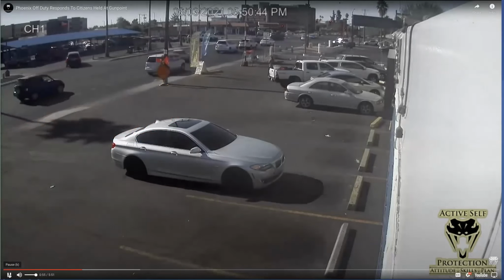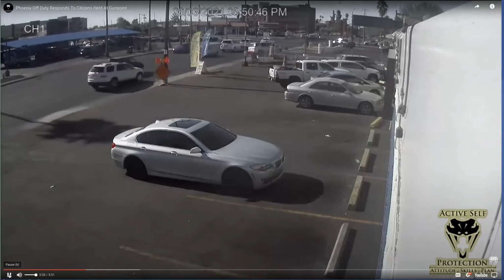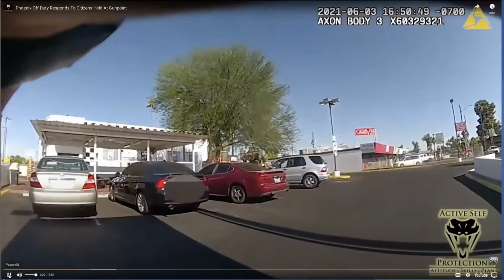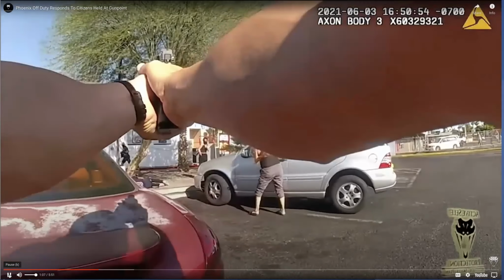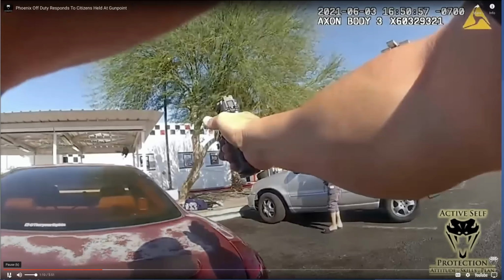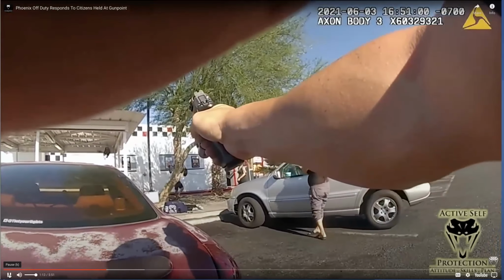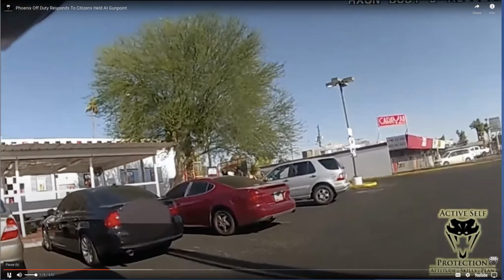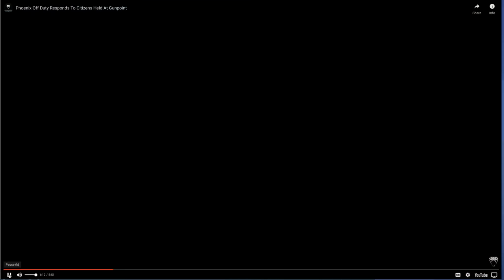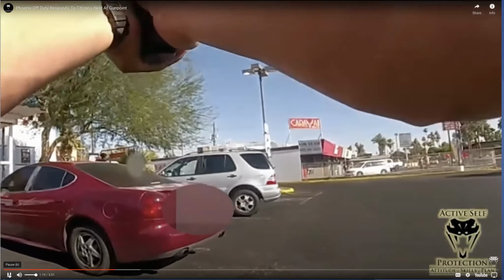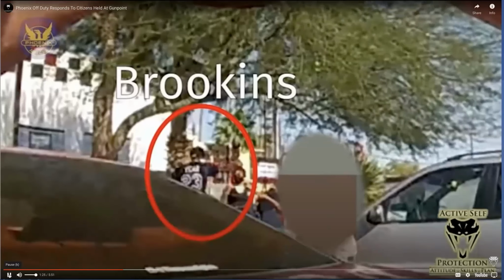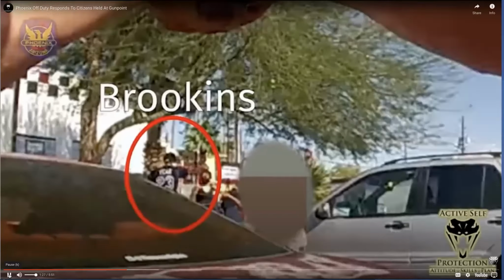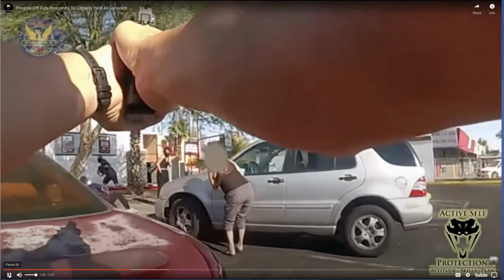So he's going to get them at gunpoint, point a gun at them, but there's an off-duty cop who responds. We see the badge cam of the off-duty officer. As he's approaching, he sees someone pointing a gun at someone. He has no idea what the context is and is forced to pull the trigger. He shoots him, I think, 5 times. Now, as we slow it down, this guy was off-duty, working traffic enforcement in the neighborhood. He sees a guy and issues him multiple commands, according to the news stories. When the guy doesn't respond to the multiple commands, there's our guy, who I think is trying to do the right thing and trying to stop these guys. We'll talk about it in the lessons. He points a gun at somebody and gets shot.